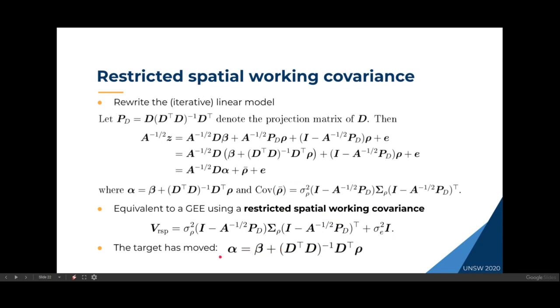it essentially suggests that my target has actually moved. So by changing my working covariance, or in effect the working correlation, I've shifted my target from being beta to being alpha. And at least for me, the first time I played around with this, I found this to be an interesting result, because